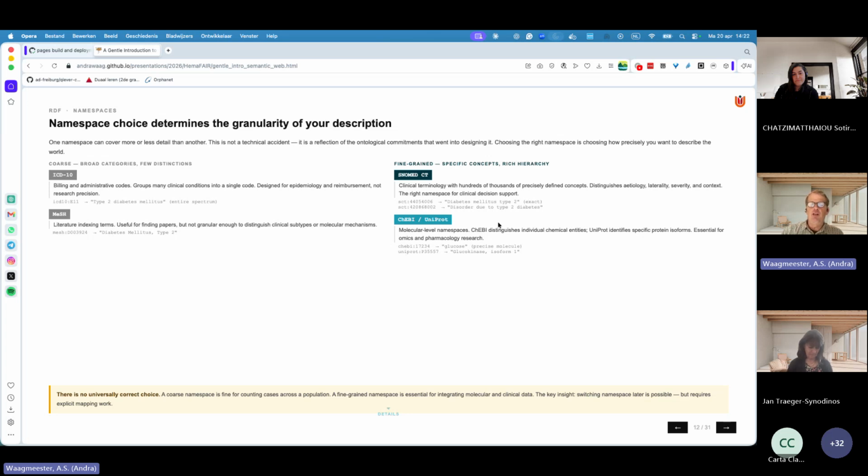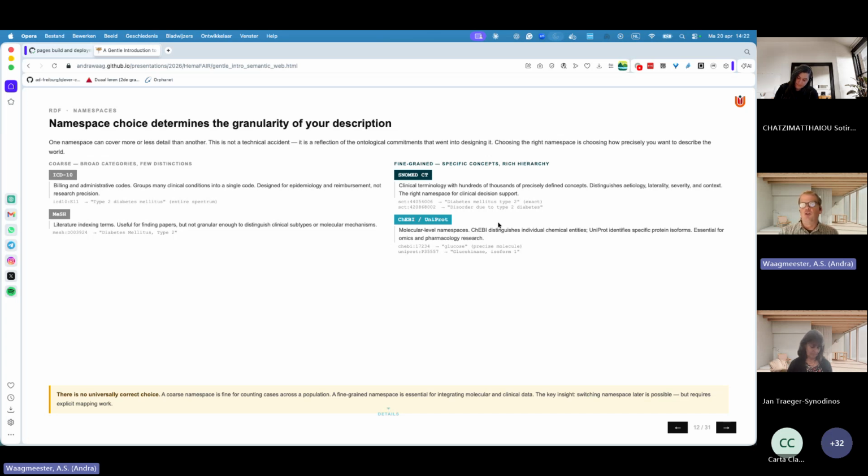And if you're interested in that gene, you're also interested in that variant, which I think is a valid claim that disqualifies the use of that namespace for the use case, because you lose the granularity when you want to distinguish. So if you have a namespace that says a gene and a variant is the same, then you will not be able to disambiguate the two afterwards. So this is not a gentle introduction anymore, but I would really like to dive in here because the selection of the namespaces